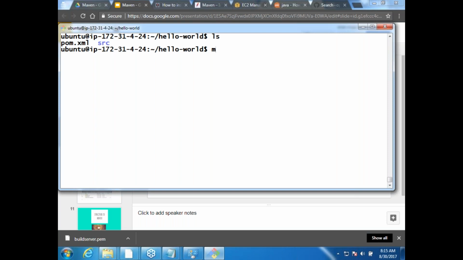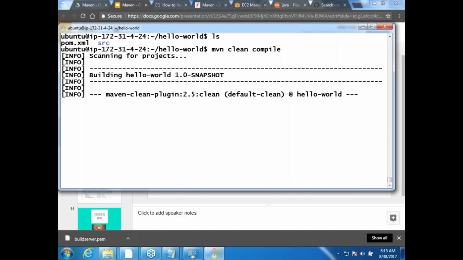One way is mvn clean first and then mvn compile in the next command. Or you can write mvn clean compile together. Yes, it will execute multiple goals, one after the other.